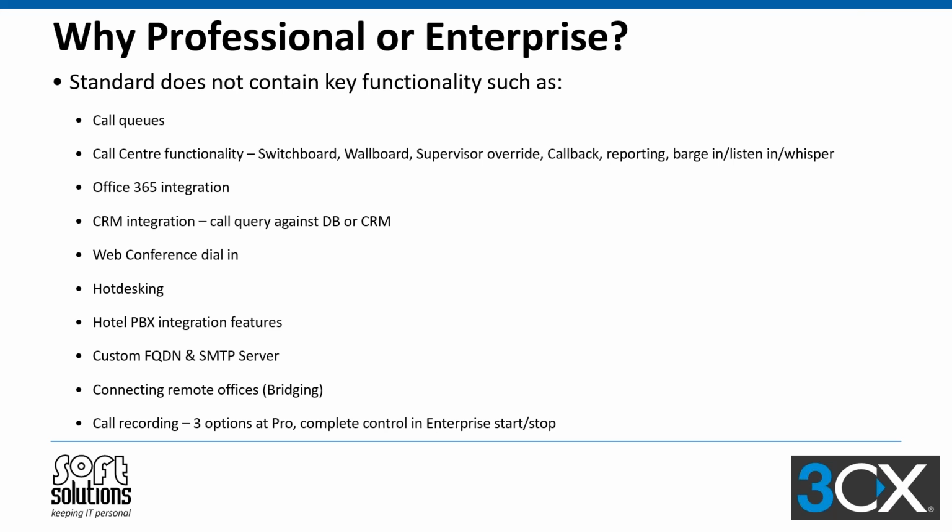Bridging is another key feature that is only available in Pro and Enterprise. This is about connecting remote offices together. So Matt, maybe give a quick example of how that works really well. Yep, definitely. Bridging is a really cool ability. As Megan noted, the main purpose of it is to link multiple different 3CX instances together. You may have an Auckland office that you want to connect to a Wellington, and there may be a Christchurch office. Bridging gives you the ability to connect these systems and see presence across it as well,